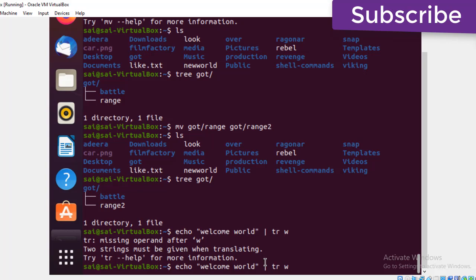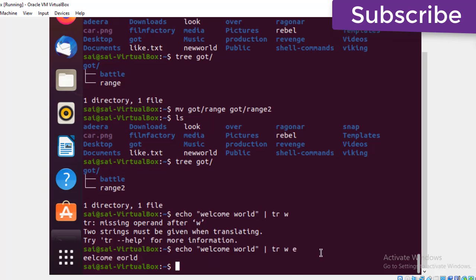And e. See here, what I used here is w and e. So what is changing here is w is replaced in the first word, and the e is replacing it in the first word here. Welcome world is the text I'm saving here. So w is replaced with e, and the e also replaces in the second word.